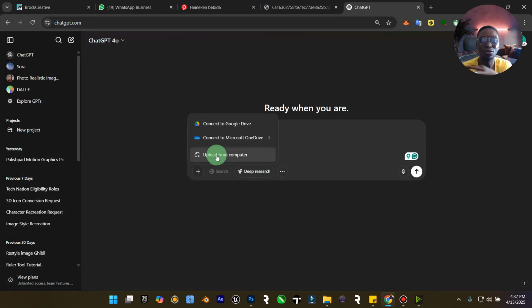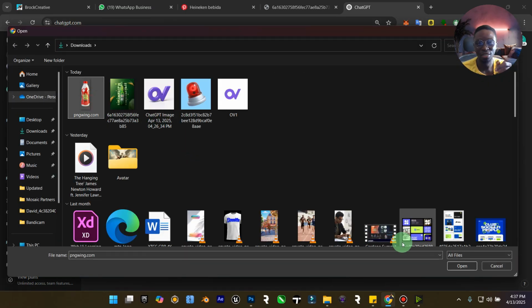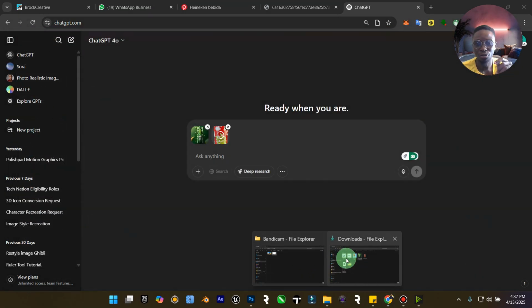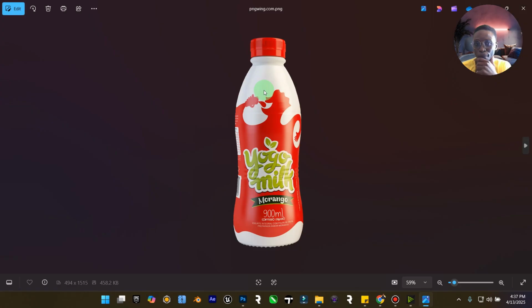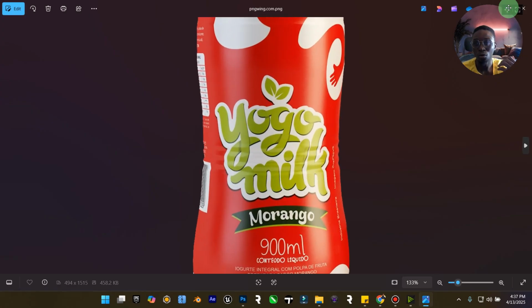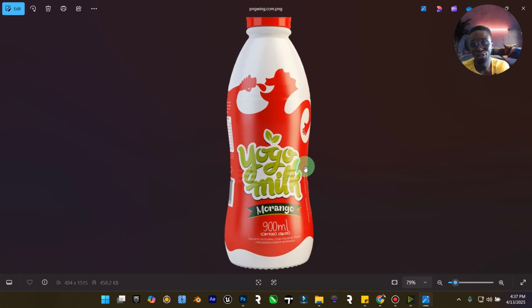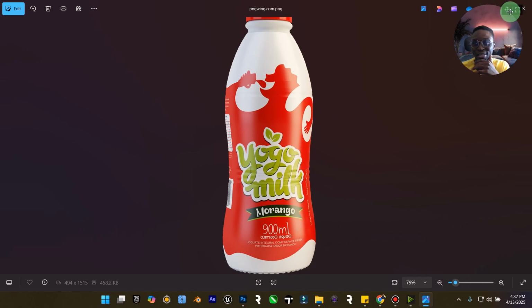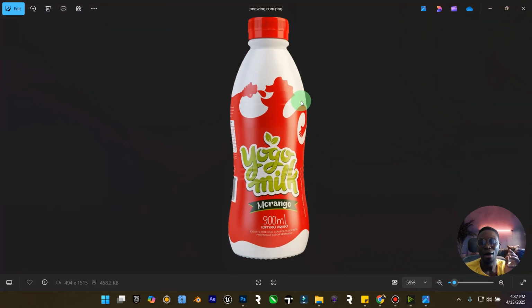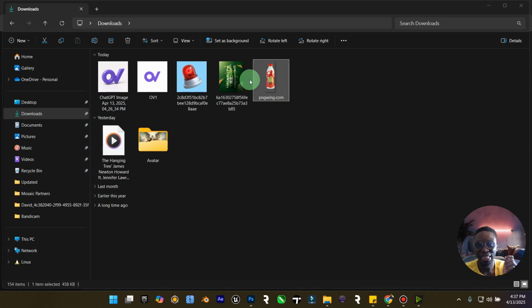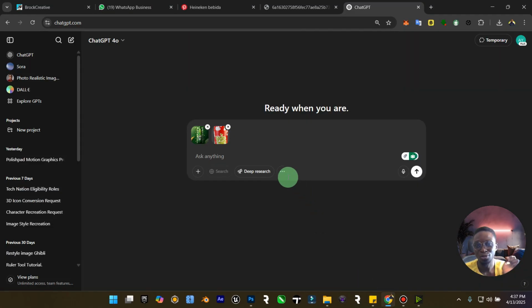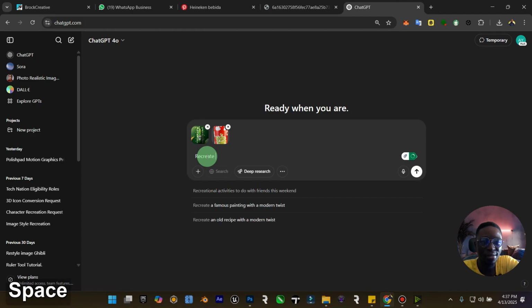Now you can upload a totally different brand, which is like this yogurt. I'm going to upload this yogurt. Let me show you what the yogurt looks like. This is the yogurt. It's called Morango. I don't know, I've never heard of it. I just saw it on PNG Wind, right? Or PNG Tree. Now I want to convert this into this, and I'm going to use ChatGPT to do it. Then I'm going to finish it up on Photoshop. Crazy stuff. Now what you just do is recreate the first image.